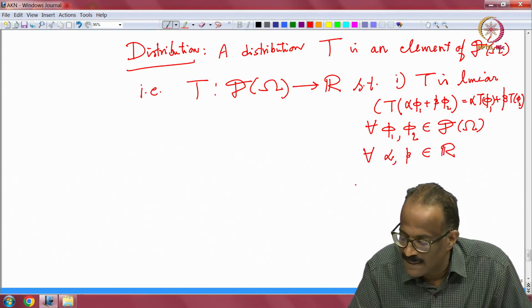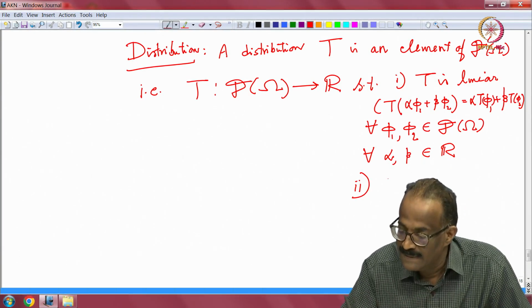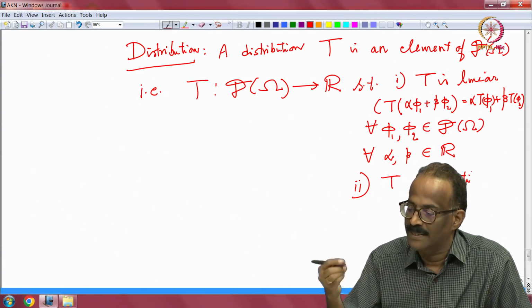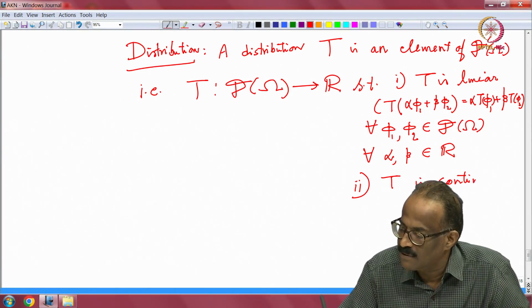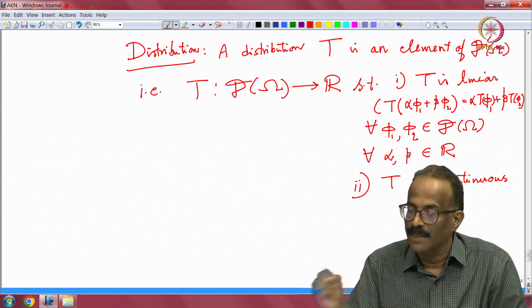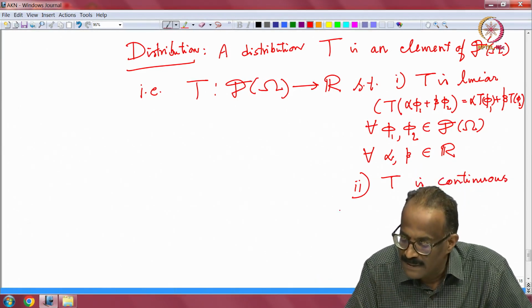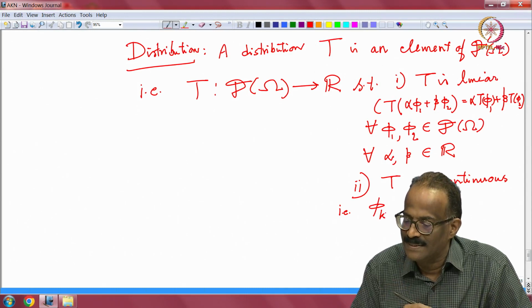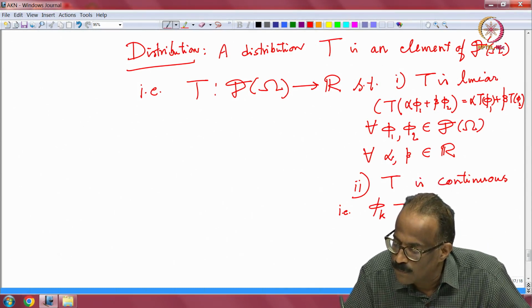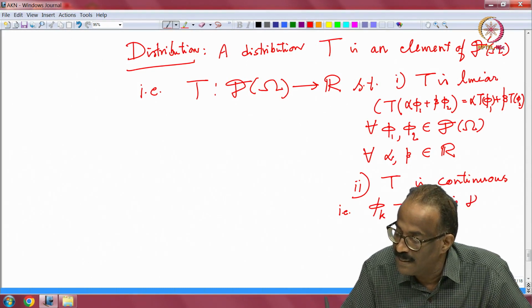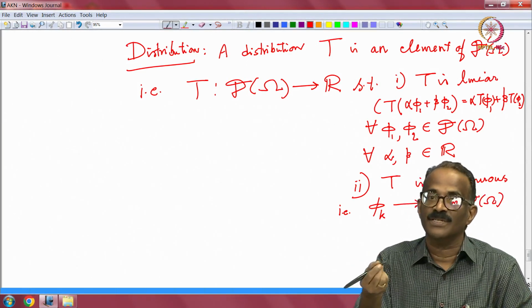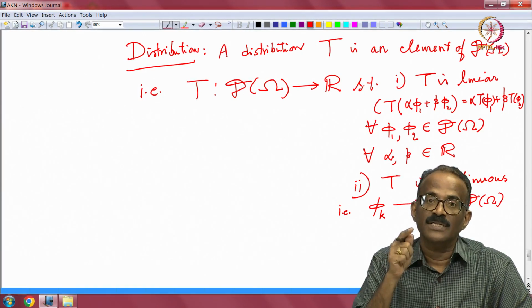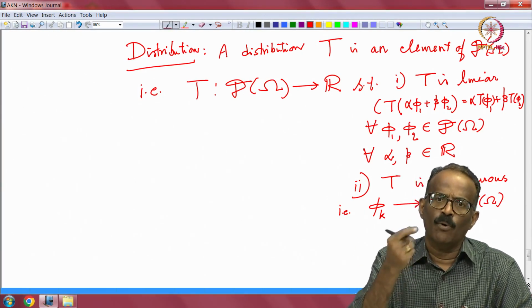And the second one, let me write it here itself then. Second one, T is continuous. This is you have to understand. We will later give you an equivalent definition in terms of the estimates, but you have to understand the topology. So, I may not prove it, but we will give you the thing. T is continuous, that is, phi k, this is not a compact set, a sequence, phi k converges to 0 in D omega. You have to understand, now you have a lot of different convergences. So, it is important to understand various convergences. You have to specify your convergence takes place in which space, and you are going to see more and more spaces later,